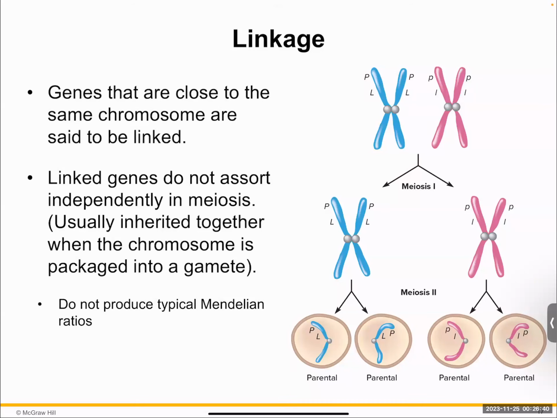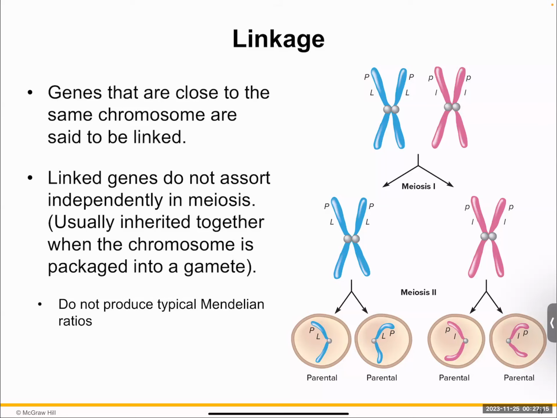Now, the last concept we're going to talk about in complex inheritance is the concept of linkage. And linkage is pretty straightforward. I think we're going to try to keep it as simple as possible. Now, we need to understand that when you have genes that are relatively close to each other, they're considered to be linked. As you can see on the top of the image, we have the two genes P and L. You can see that they are within proximity of each other, and therefore,